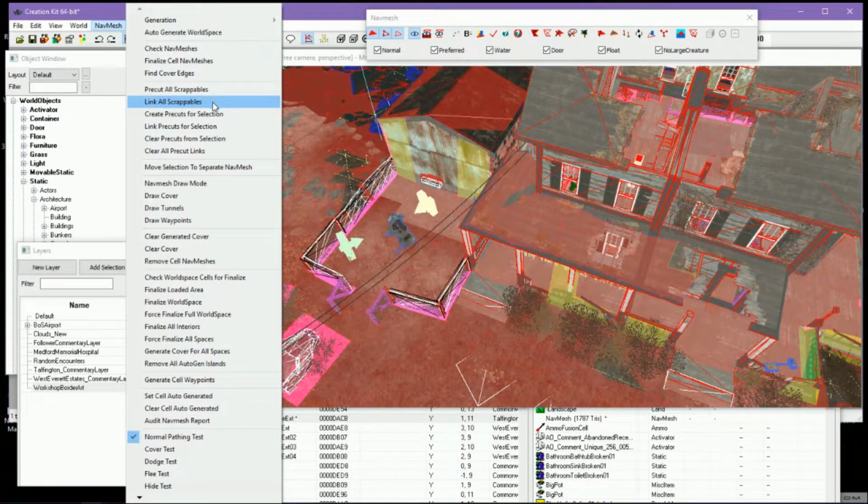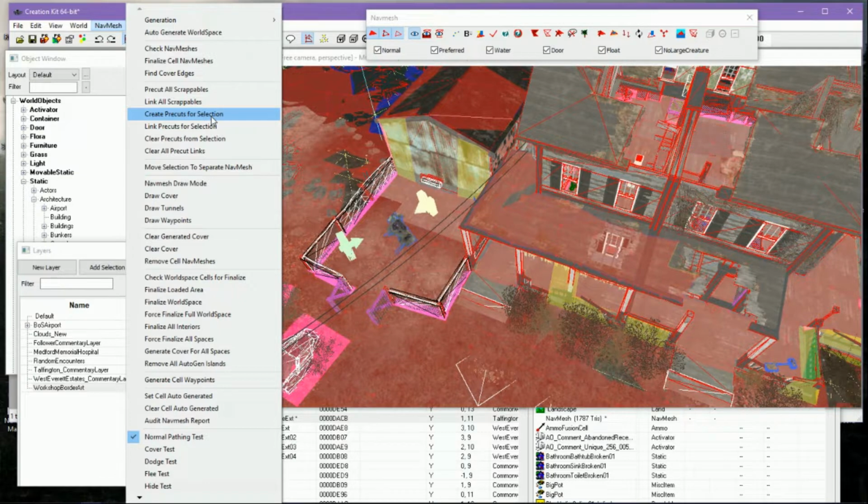Link all scrappables, I don't use that. I like to hand link mine just because something might not be scrappable, but I want it to be. It's scrappable through a scrapping program, so I want to make sure that I get all of them. Create pre-cuts for selection. You can use that option if I wanted to select that cow and then create, but I just do these things by hand. Okay, link pre-cuts for selection is something that you're definitely going to use, and that is because